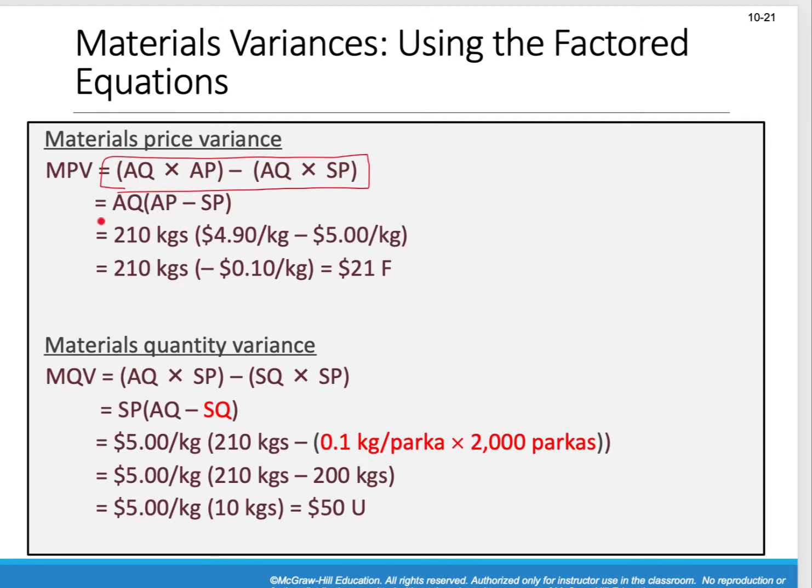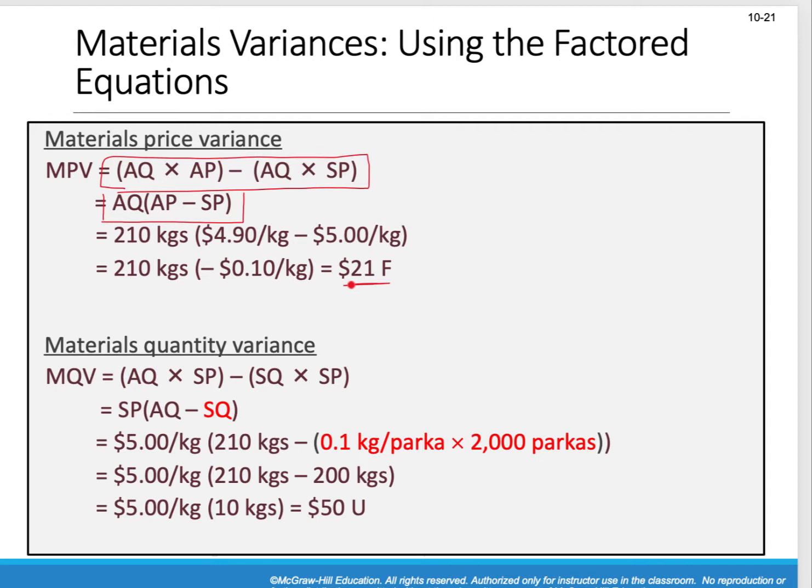Again, we can factor this out and recognize that it's actual quantity times the difference between actual price and standard price. We see that the difference is 10 cents. We actually paid 10 cents less than we were supposed to. So we actually have a favorable variance of